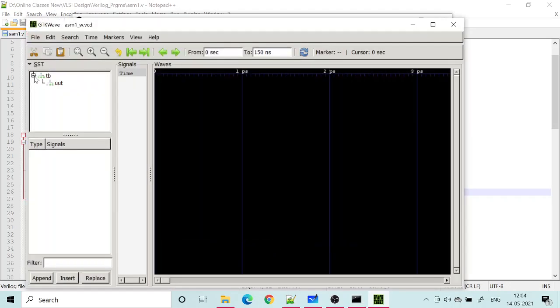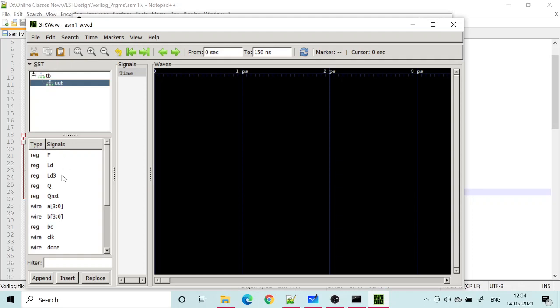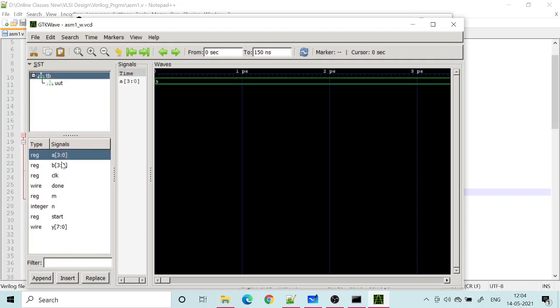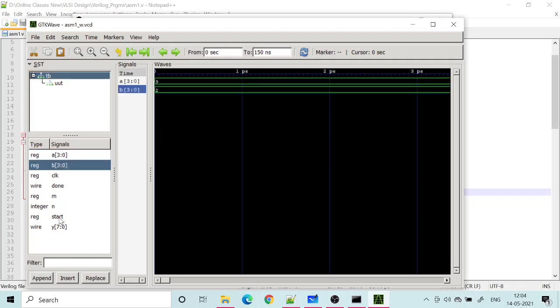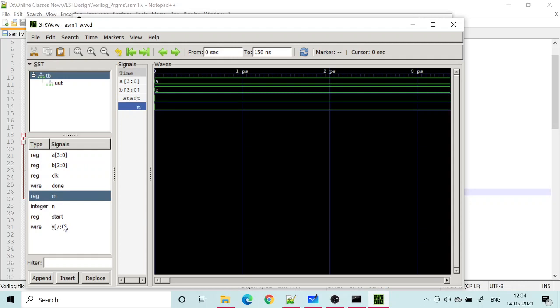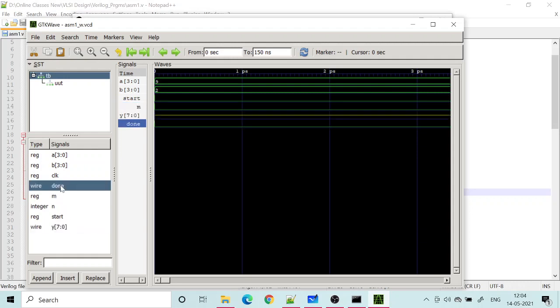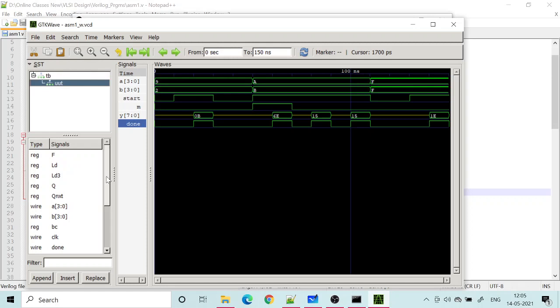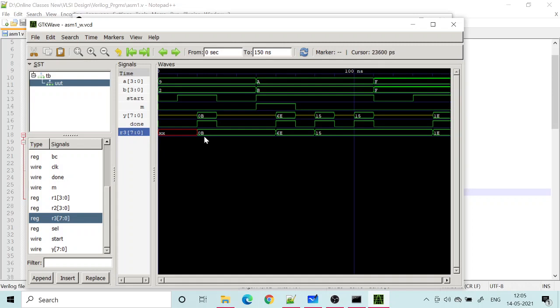Okay, so if I go back here, first let me show the input, output, start, then mode selection, output, and done. Okay, so then I will also take register R3 especially. Okay, so now you see that the new content is getting displayed in R3, which is the sum of 9 plus 2 in hexadecimal.